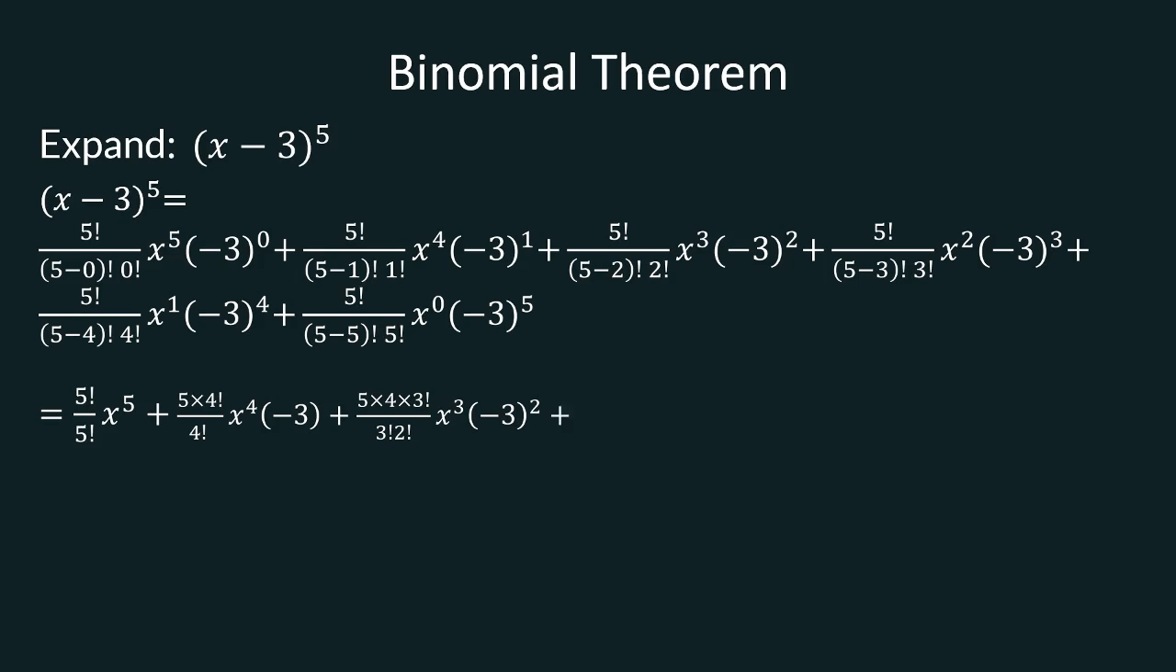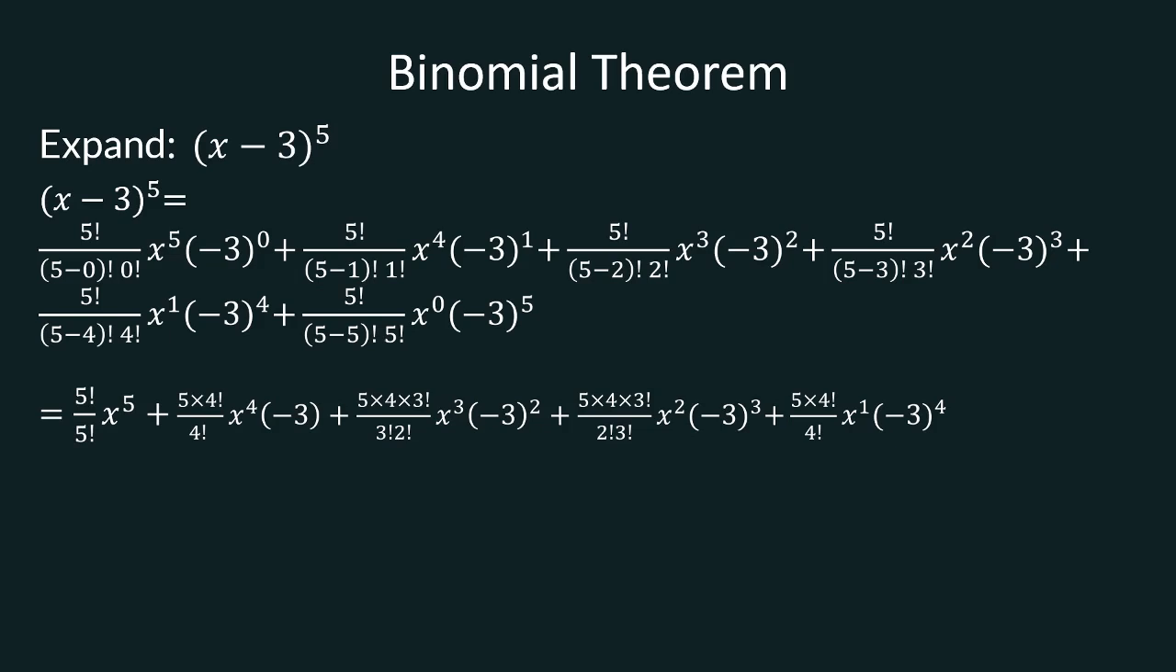In the next term, we have 5 times 4 times 3 factorial again, because we know in the denominator, which is 5 minus 2 factorial times 3 factorial, we have a 3 factorial in there that we can cancel out. Then x is raised to the power 2 and negative 3 is raised to the power 3, plus 5 factorial divided by 5 minus 4 factorial, which is 1 factorial, which gives us 1, times 4 factorial,